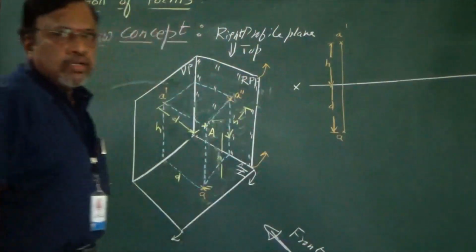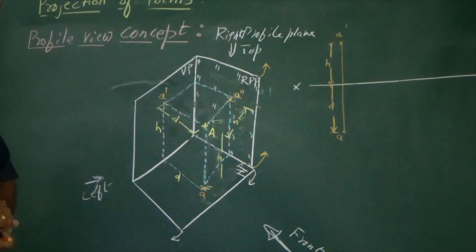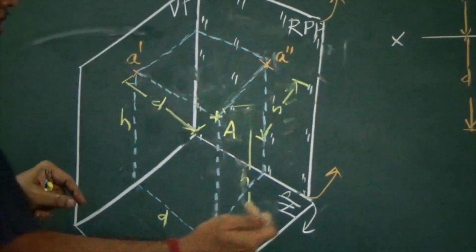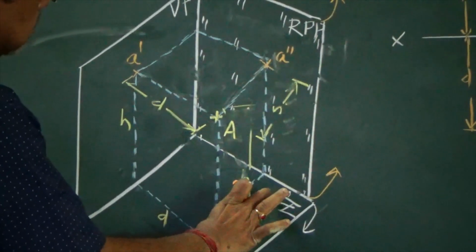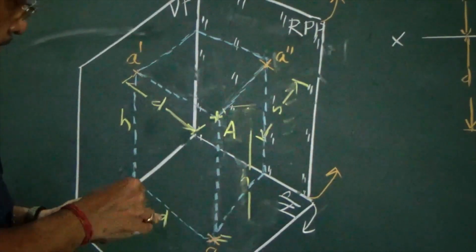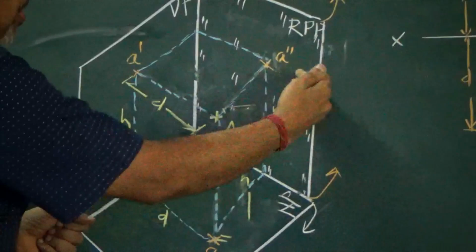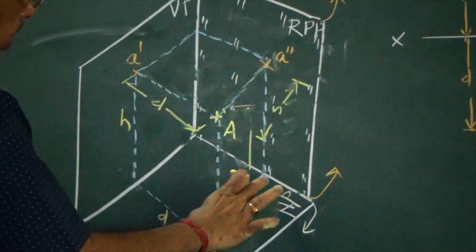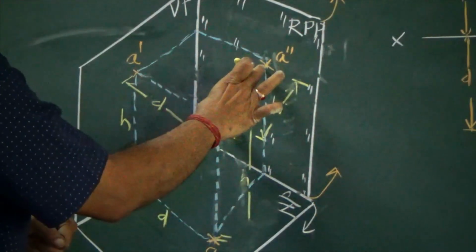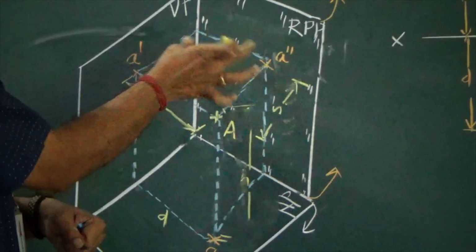Here, where? Just see the figure and tell me. You can just see this. If I view this, I said this is S. What is this distance I said? This particular point is S distance from RPP. That is, this distance is S distance. This is also S distance.